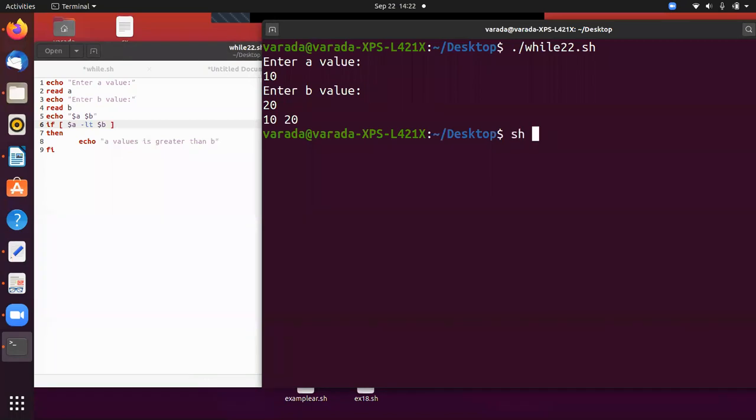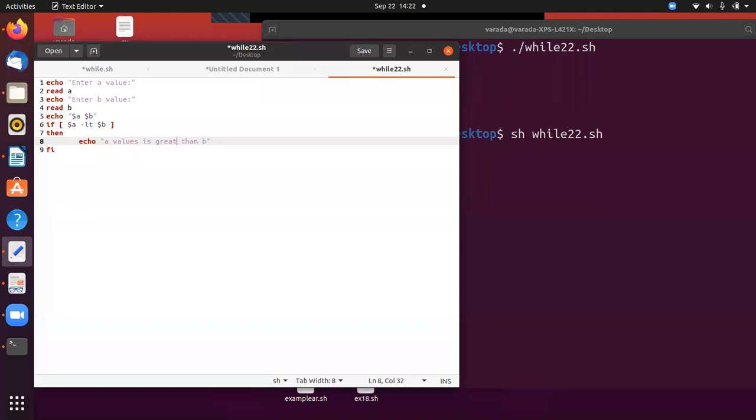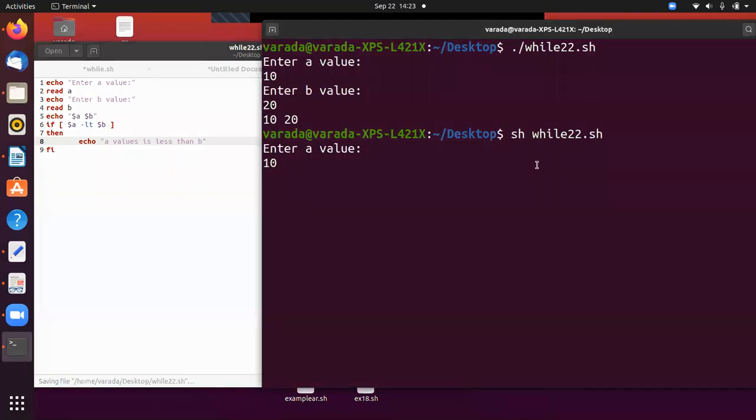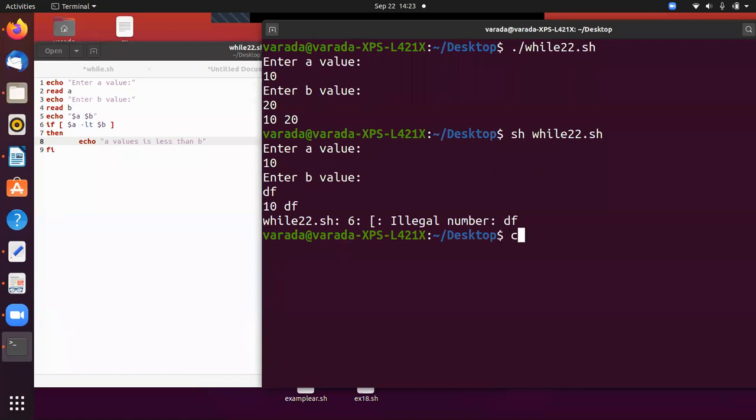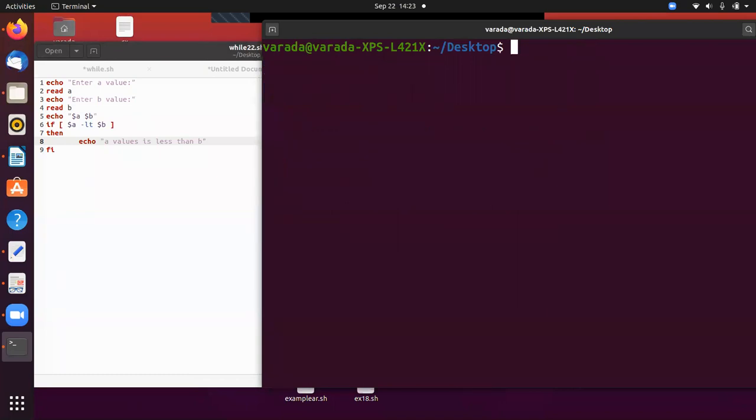I can execute like this also: sh followed by the program name. Enter A value, 10. A value is less than B. Now sh space, what is the program name?